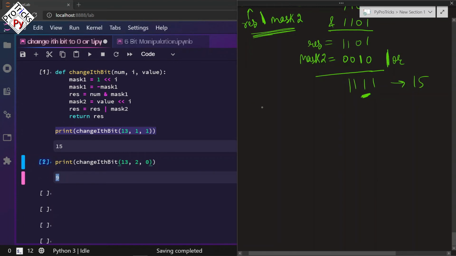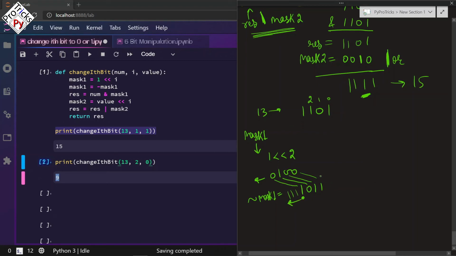So here we have the number 13 stored as 1101. Let's create the mask 1. We want to change this 2th bit. Okay, so left shift 1 by 2 number of places, we will be getting 100, and all zeros we have before it also. And now we are just going to take a NOT of it, which will be equal to 1011, right? This, and this, and there are a lot of ones also before this one.